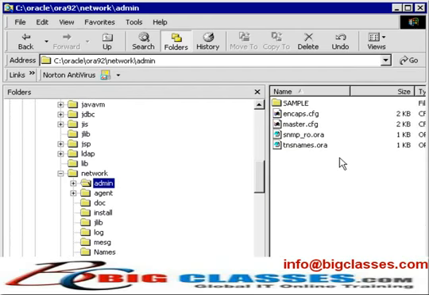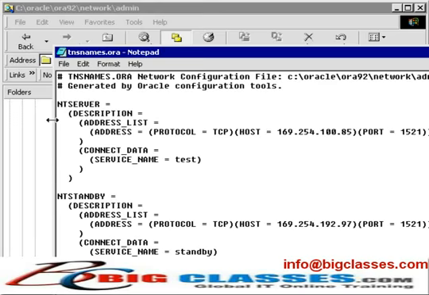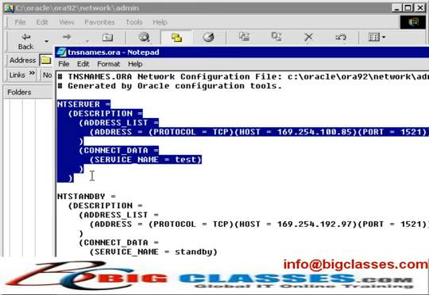We're also going to assume that you have the listener set up correctly on the server. If you don't, talk to your administrator. There's a file in here called TNS names, which is the local naming method. All it does is converts a network name to an IP address and or a network address, much like any DNS service does. So open this file up, and what I have here is a single network name called empty